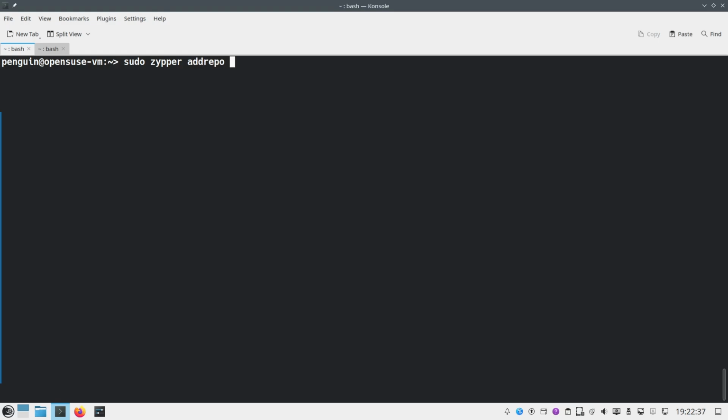Add repo. You put the repo URL and the alias app, the alias you want to see for this repository when you do list repository. This is the structure to add a new repo to your system using command line. And as we said before, you have three ways to list your repositories. You have Zypper to list the existing repository